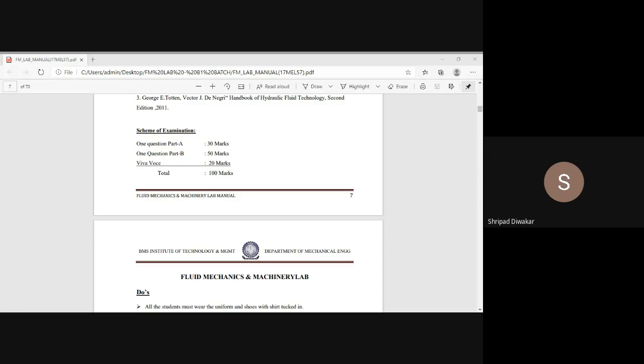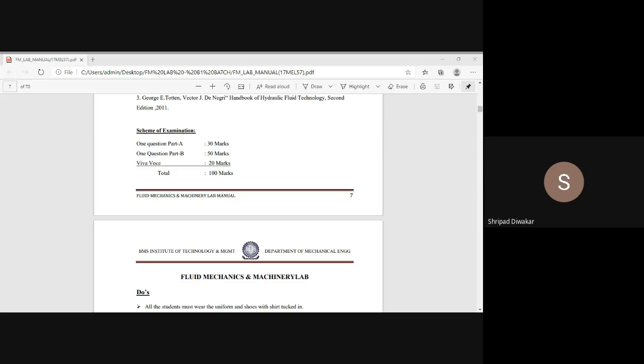Now, before conducting the experiment, I'll give a brief idea about this. So, the introduction part. All of you have to write this introduction part in the lab manual. This is your lab record that carries marks. Hence, don't start the experiment directly. Before that, you have to write the introduction part in your lab records. Hardly some 2 pages are there.